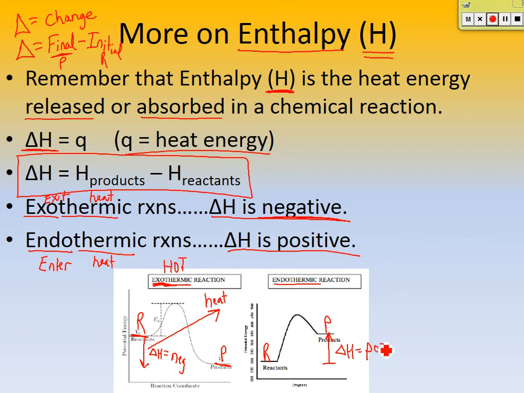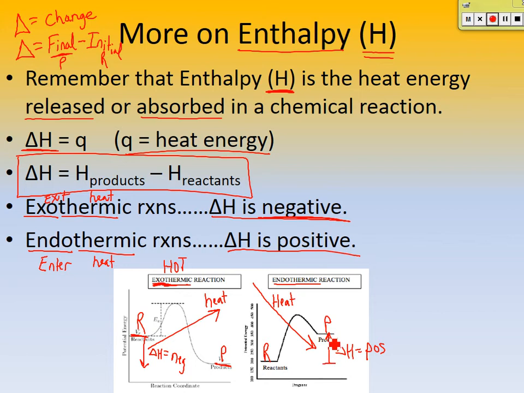be a positive number. Now, can you just create energy? Can you just create this much heat energy? And of course, the law of conservation of energy says no, you can't just create it. So where did it come from? What I like to do is draw an arrow in. Heat is actually entering or being absorbed by the reaction, and so that's why you see this increase in enthalpy